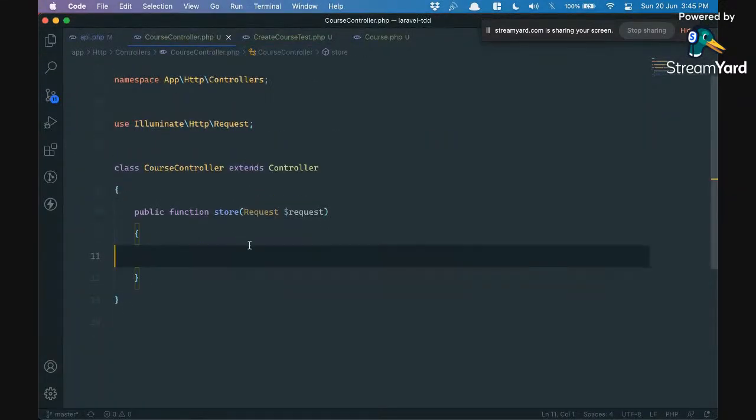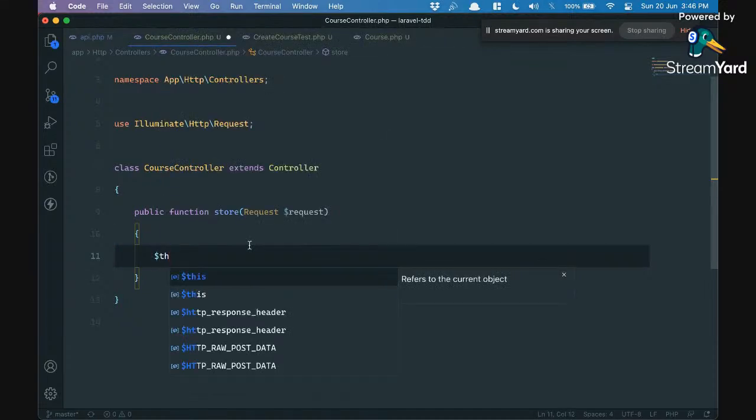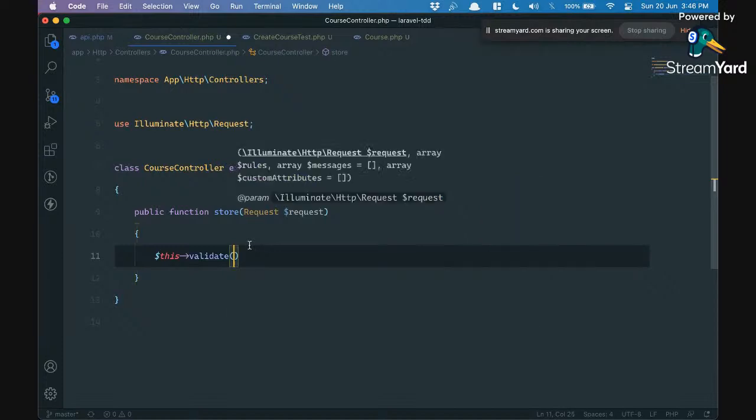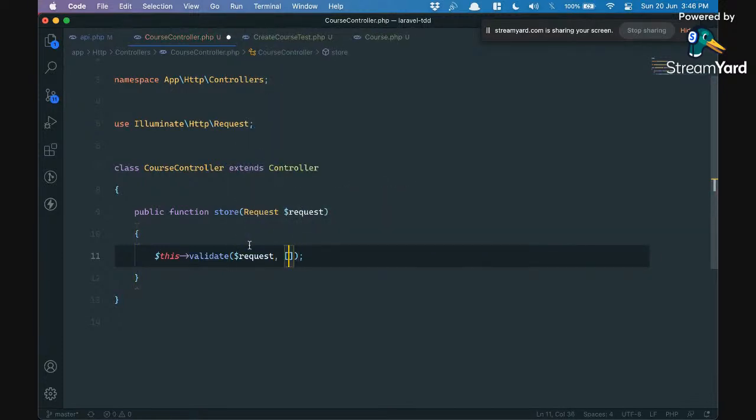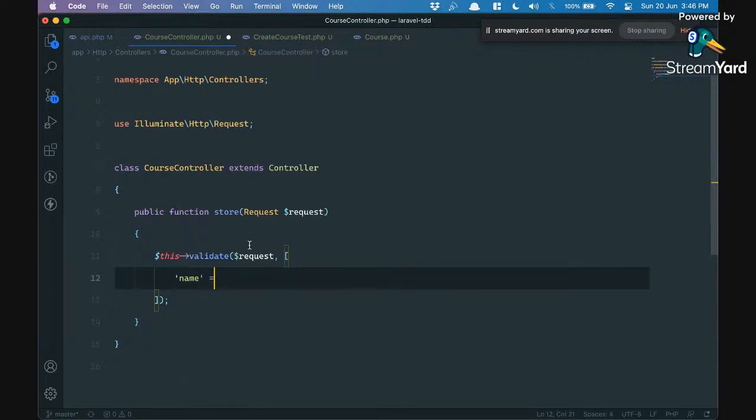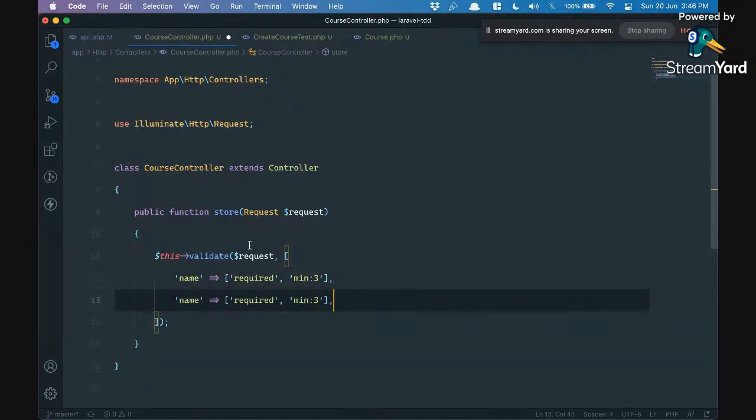Now let's add the basic validation. $this->validate($request, name required, minimum 3 characters. I don't want a unique or anything, so I think this should be fine. Description, let's have it at 5 maybe. Okay, so now